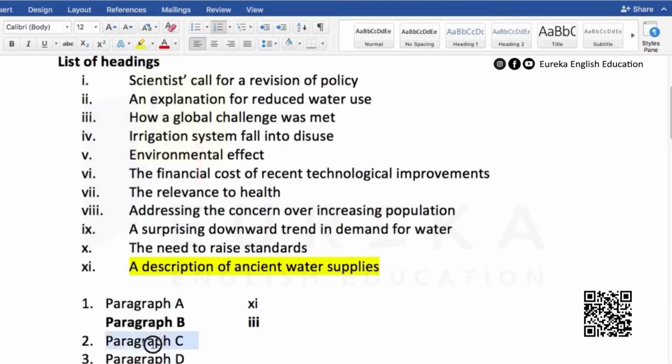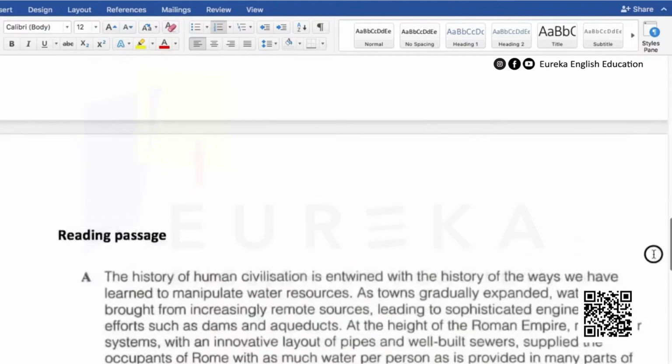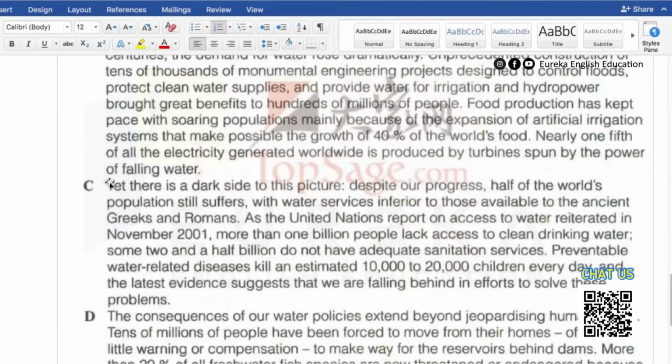So let's continue with the next one, paragraph C. Go to the paragraph immediately, paragraph C. Yet there is a dark side to this picture. Progress, half of the world's population still suffers, with water services inferior to those available to the ancient Greeks and